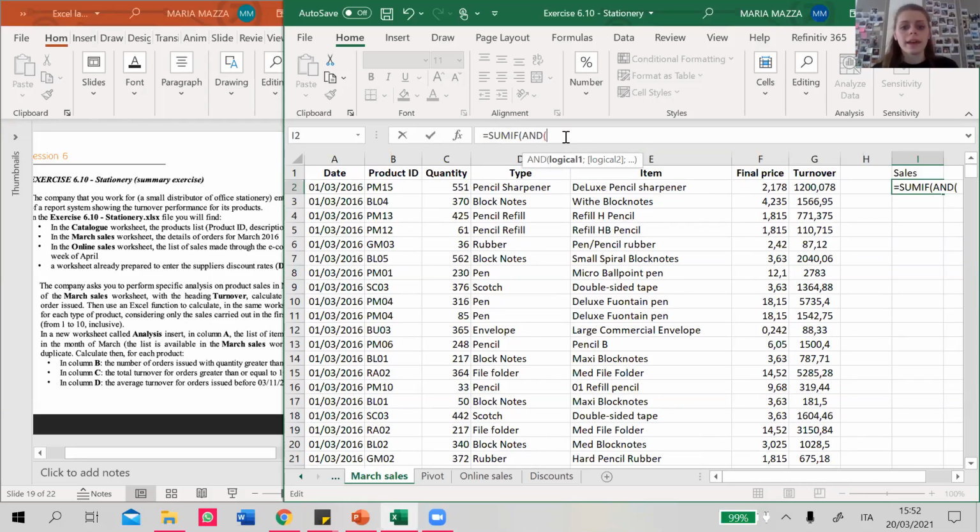Two conditions must be valid: the date is greater or equal than 01 March 2016, and the date is smaller or equal than 10th of March 2016. In this case, if these two conditions are satisfied,